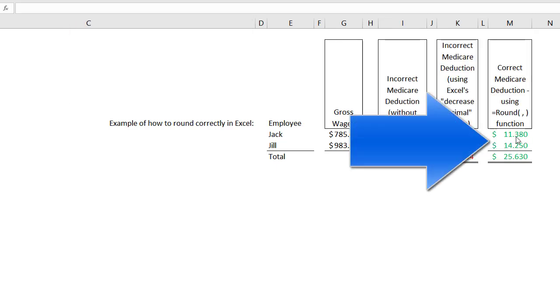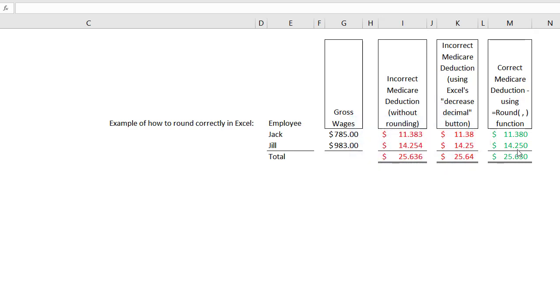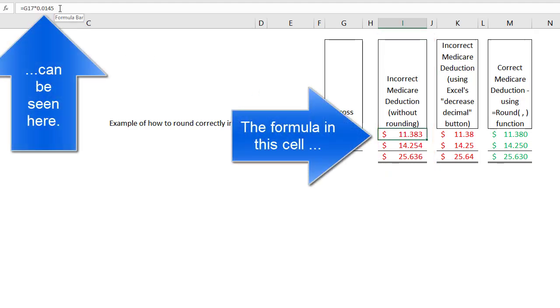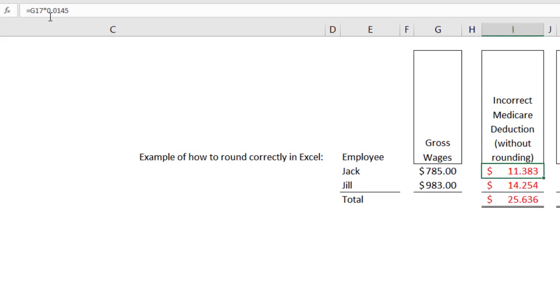So for Jack, did you get a Medicare deduction of $11.38? And for Jill, a Medicare deduction of $14.25? Okay, so let's look at this first column, which is the incorrect way to do it. Here's how most students do it. I'm going to click here, and now we can see the formula up here. The formula is G17, which is Jack, times